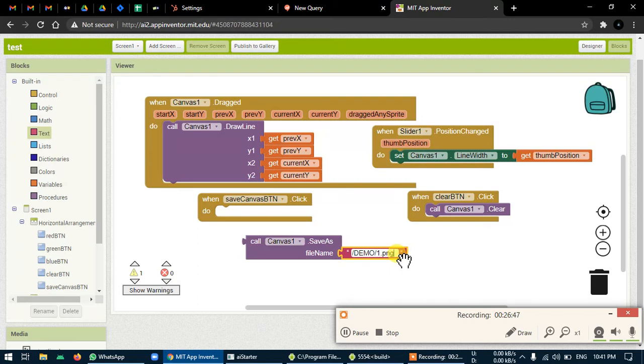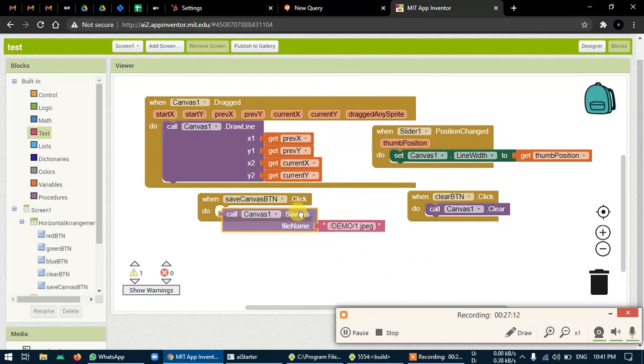Only these three formats are supported in this canvas saving option. So let's go with jpeg, that's an enhanced one. Inside internal storage, it will create a DEMO folder, and then one.jpeg is the file name. If you save multiple times, it will just override the previous one, because every time the file name will be the same. Let's understand how to save and how to get the result.